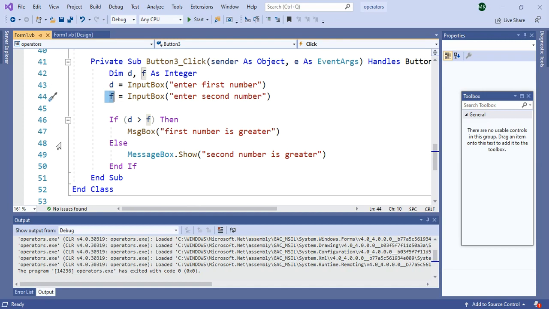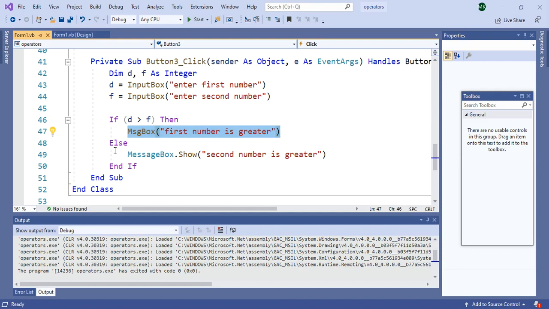Now we will check which is the greater number among these two numbers using if. If D greater than F, then you have to write Then, it will display a message box, MsgBox, first number is greater. If D is greater, means if the first number is greater than the second number, then it will display a message box, first number is greater.